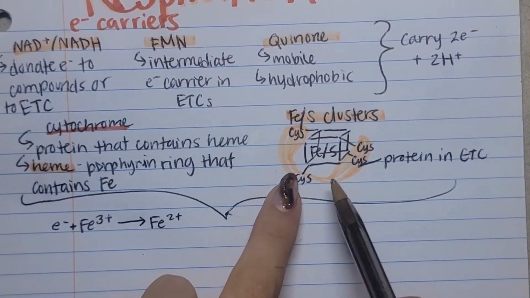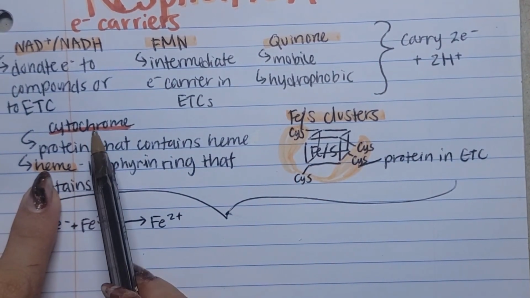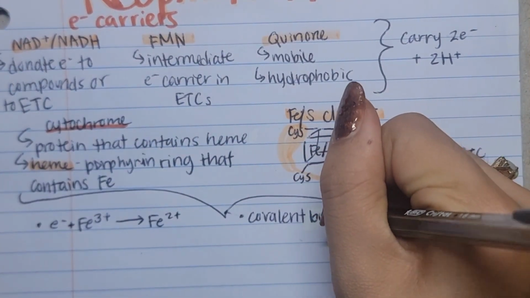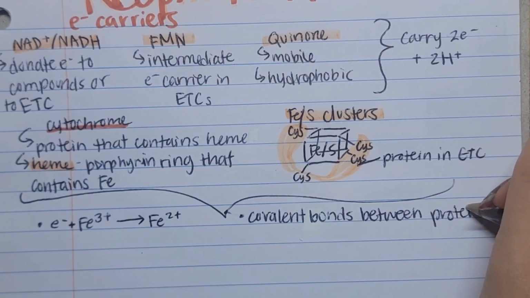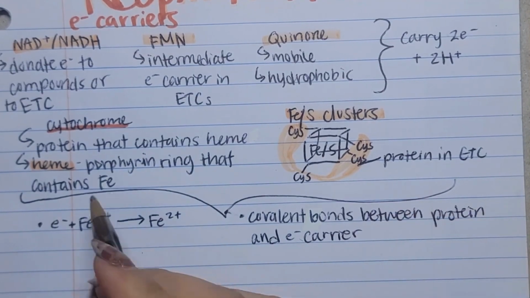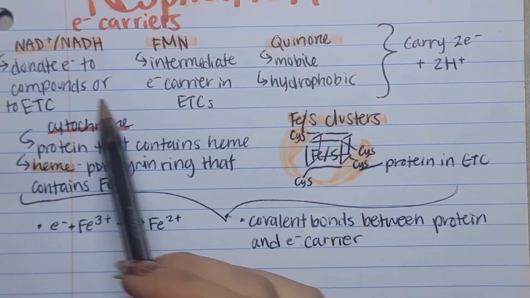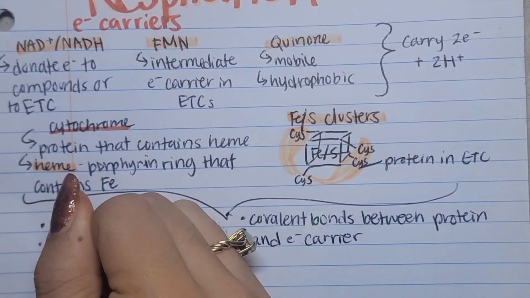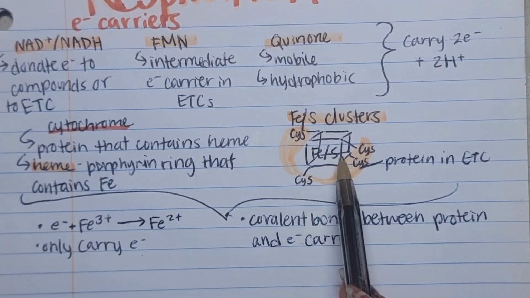Another thing is, remember how the iron-sulfur cluster is covalently bound to this protein? Well, same way, the heme is covalently bound to the cytochrome. So this is the thing we have in common. Covalent bonds between protein and electron carrier. So the heme and the cytochrome, and the iron-sulfur cluster and the protein in the electron transport chain. And whereas these all carry 2 electrons and 2 hydrogens, both the heme and the iron-sulfur cluster only carry electrons, right? If we're just reducing iron, then that's not going to carry a proton with it. Okay,